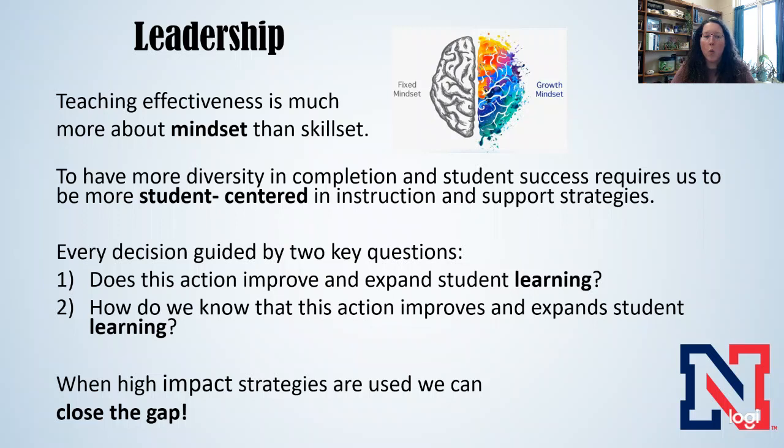So we should look at what actions the item that we're choosing to do in our classroom does to improve student learning. Just because you've always done this strategy, lecturing maybe, doesn't mean it's right. Does it improve student learning? Does it improve achievement? If it doesn't, then maybe you should look at something else. How do you know that that action improves achievement and expands that student's learning? You can look at some of your low-stakes assessments, but we can use our data again to get to that point. But hopefully we can use some high-impact strategies, some active learning techniques to improve their success and help close that gap between our high students and our low students.